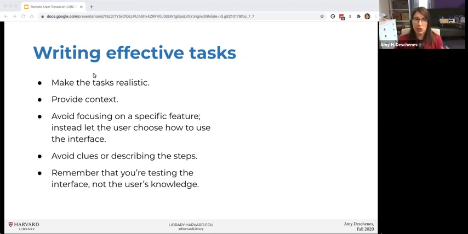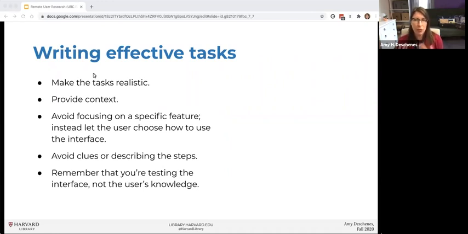So that's why it's good to give everyone the same tasks, to work from a script and pre-thought-out tasks like that. Since the tasks are so important, one of the other things with this method is that it's really important to make your tasks as realistic as possible. So for example, for the seat booking one, you don't want to just say, imagine you want to book a seat in the library, show me what you do. Make it a little more specific. The task we created for that one was something like, you're going to visit Cabot on Friday and then get lunch at the food trucks afterwards. Show me how you would book the seat using this site. That way you're really getting them in the frame of mind, you're helping them get context so it doesn't feel as much like a fake created test. It feels like this is something I could really be doing. That's what's also important about providing the context.